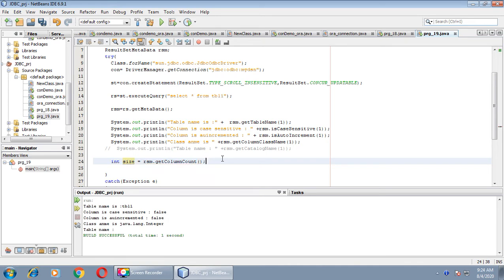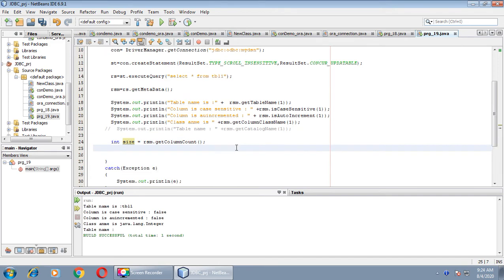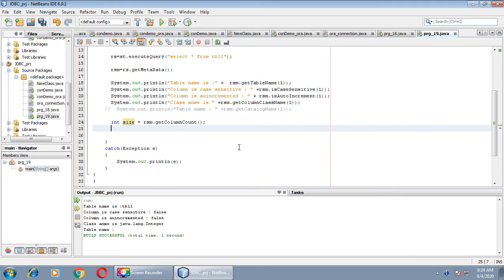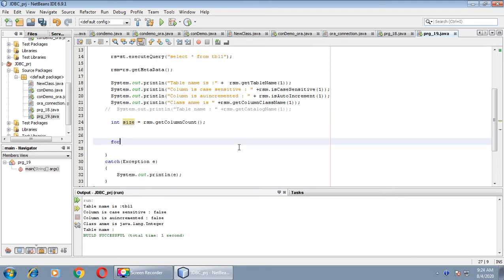As we have already used this method in the previous program, program number 18, all of you are very well aware of this method. Now we will define a for loop to get the names of all the columns in my TBL1, right?